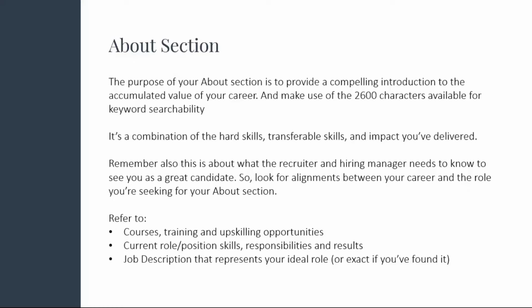Like I said, someone's got to be taking a deep dive into your about section to click more and see everything. So you can include, if you don't want to call it key skills, or you don't want to call out the new certification that you're doing so abruptly, you could refer to it as interests and expertise. You can just talk about interesting courses I've taken. Refer to these things. Look at your current role and position skills and responsibilities, results, accomplishments,